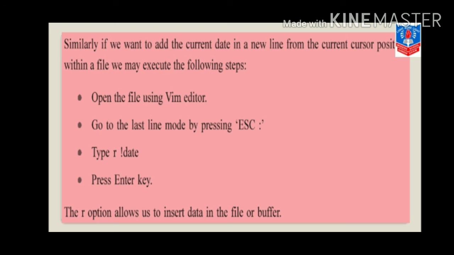For that, what command we are giving? First of all, open the file using Vim editor. Go to the last line mode by pressing escape and colon. Then type R, small r, exclamatory and date. Press enter key. The R option allows us to insert data in a file or buffer.